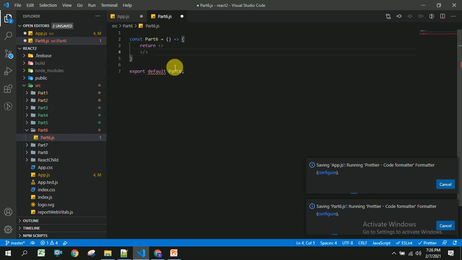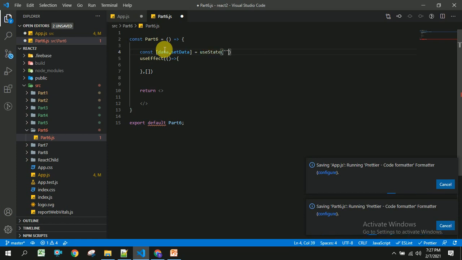the first thing is I am going to create a useEffect, and I am going to use an arrow function, and inside this I am going to use an array with some variable. So I am going to create a variable, value change or data, setData equal to useState of empty.